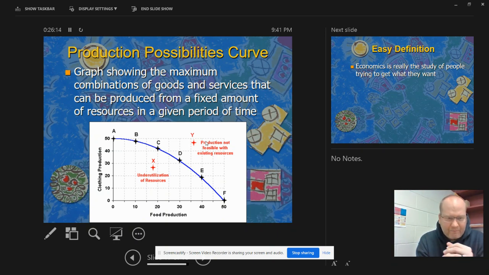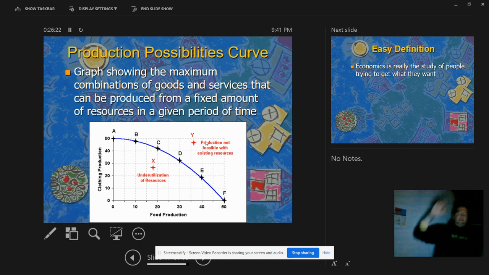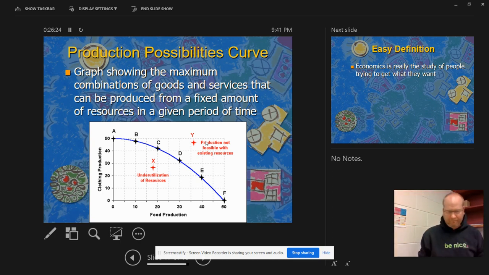So if you look at that kind of graph with that curve on it, like they could produce 50 whatever of clothing. But then they used all their resources for clothing and they can't produce any food. And they probably don't want to do that. Now, vice versa, they could produce all food, but then they won't have any clothing. And they don't want to eat naked when it's 20 degrees outside in Zeeland, Michigan. So they got to figure out kind of what's the happy medium for them, what best suits them.